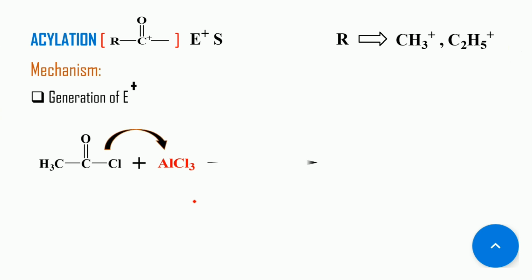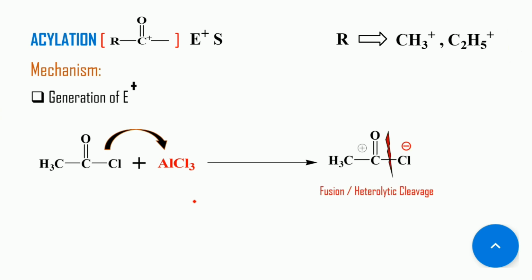Okay, so fission takes place like this, and we get one electrophile which will go for attack on benzene, and another one is a nucleophile which will be captured by AlCl₃, that is our Lewis acid. So this thing will happen in the generation of the electrophile in the first step. Next,